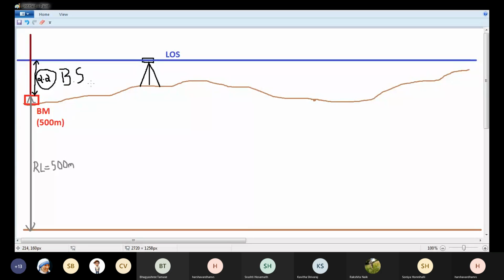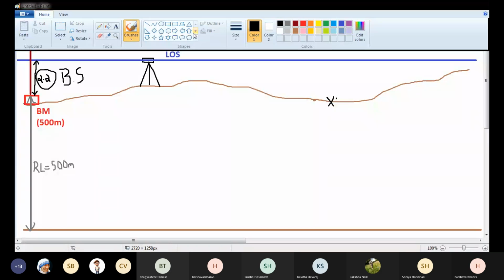Backside is a staff reading taken on a point whose elevation is known. So any staff reading that is taken on the benchmark, where we already know the elevation, is called backside. Next, I want to find the elevation of this point. Let's say this is the lowest point and I want to find its elevation. But before that,